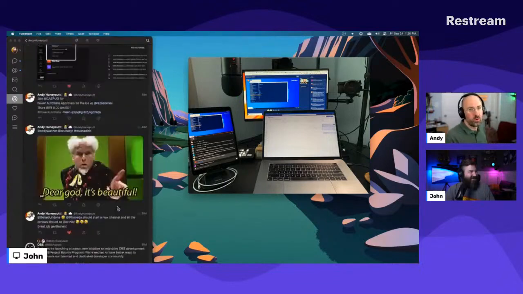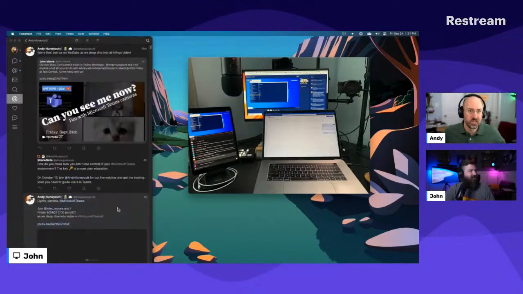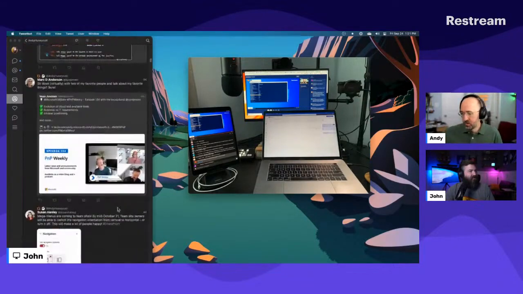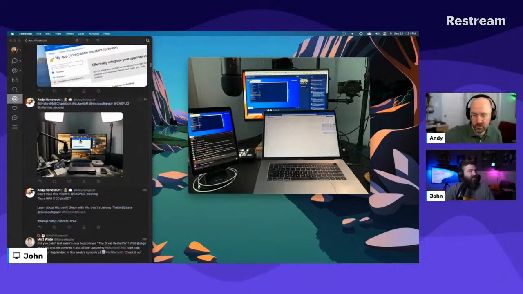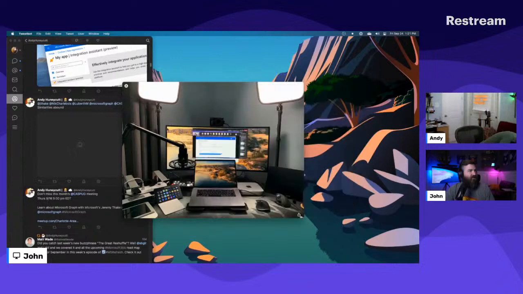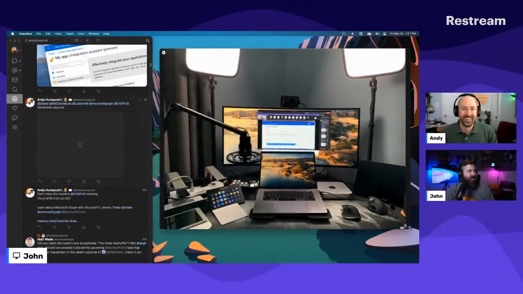I did some stuff for the Experts Conference Tech here recently. It's probably in that section that you're in right there. Yeah. And had the whole setup running there. So let me get my other camera plugged in, and then I'll show it. Oof, look how nice that looks. See, that looks like a thumbnail, Andy. That looks good. I may have framed that one just a little bit.